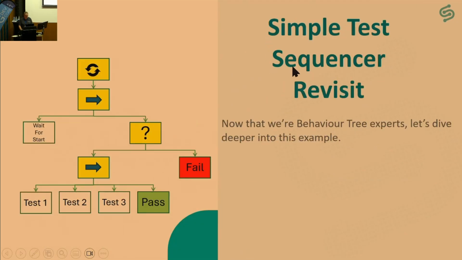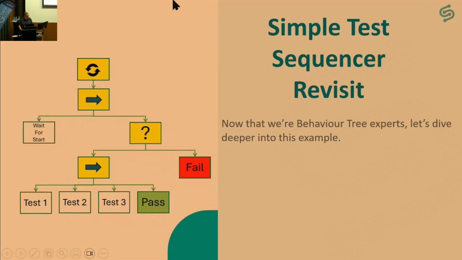So now that we know a little bit about what each of these things do, we can have a look at what this tree does. We've got the repeater at the top. It's set to run forever, so it's never going to stop. Then it's going to call the sequencer. It's going to try and run through this sequence from beginning to end. It's going to wait for start and only return success once it's got start. So it's going to repeat this branch over and over again until start happens. Then it'll go to this stage, which is going to step through these steps until something